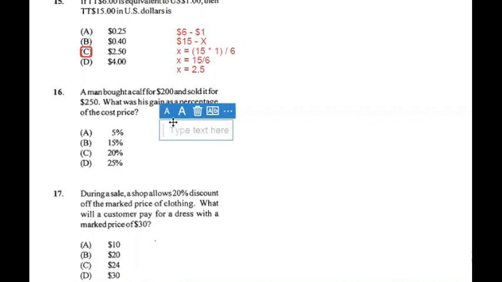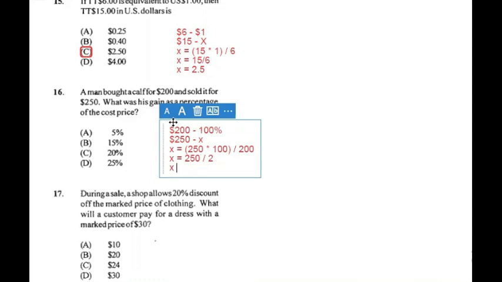So $200 would be what he bought the car for, which is 100%. So we're looking for what percentage $250 would be equal to. So it's X. We're cross multiplying to get 250 multiplied by 100, all divided by 200, and we can simply cancel the zeros from the 200 with those from the 100 to get 250 multiplied by 1, which is equal to 250 divided by 2. So X is equal to